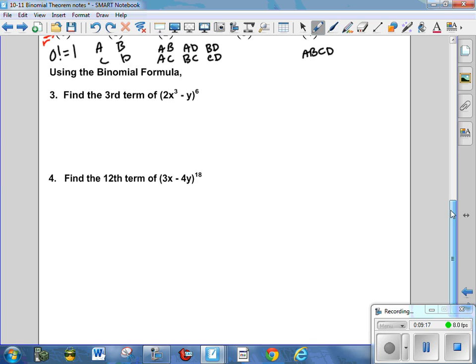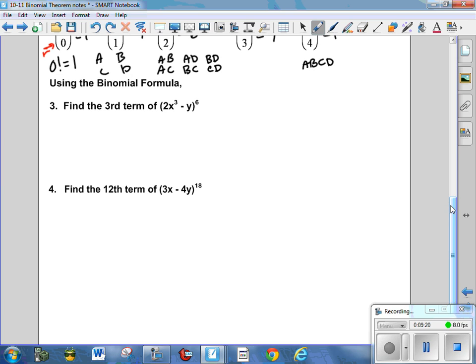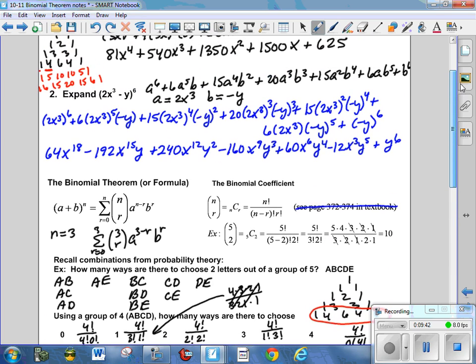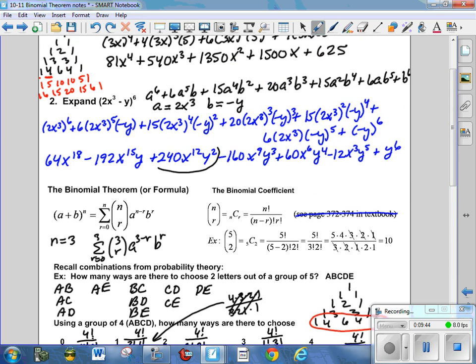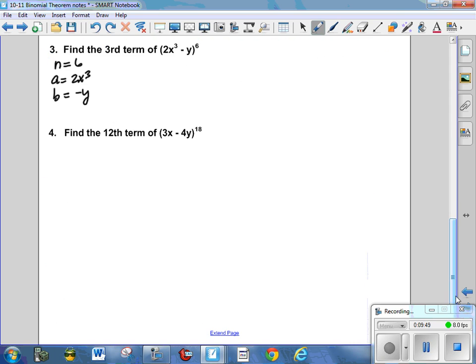So using the binomial formula, I know here that n is equal to 6, a is equal to 2x cubed, and b is equal to negative y. Notice that's the example we did at the end of the previous section of notes. So we already know what the third term is. As a matter of fact, let's go back up and look so we can say this is what we're looking for, this one right here, the third term. Okay, so 240x to the 12th y squared. So that's what I'm looking for. Now, using the formula,